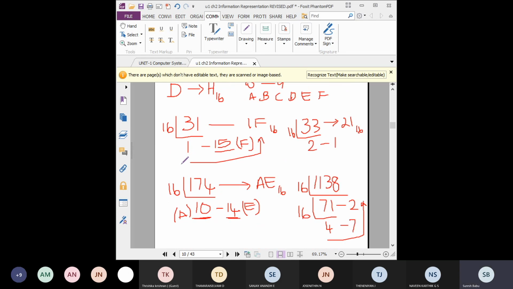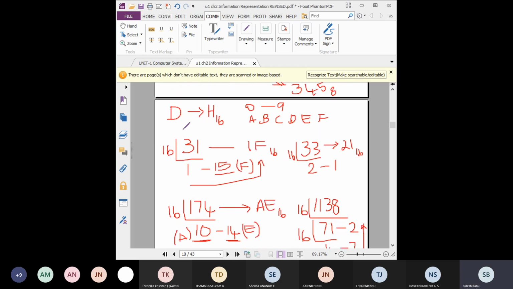Okay, then decimal to hexadecimal. See here, this is a number given, 31. 31 is a decimal number. I want to convert this to the equivalent hexadecimal number. So repeatedly divide by 16 and collect all the remainders. Okay, so what is the remainder? You can see 1, 15. 15 will be the remainder, but in hexadecimal you should not use 15. So you have to use F as the equivalent of 15. Okay, so A is 10, B 11, C 12, D 13, E 14, F 15. So F you should use here. So your final answer is 1F. Okay, 1F is the answer.